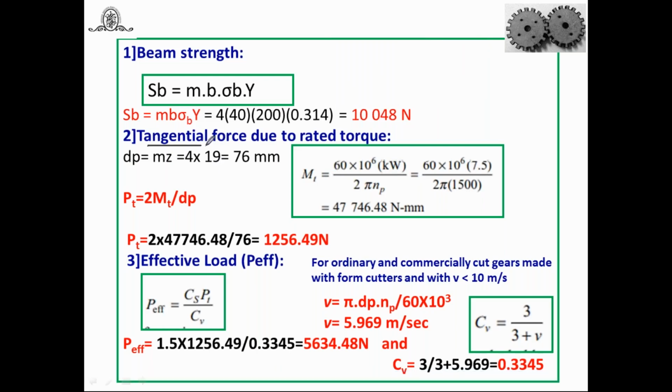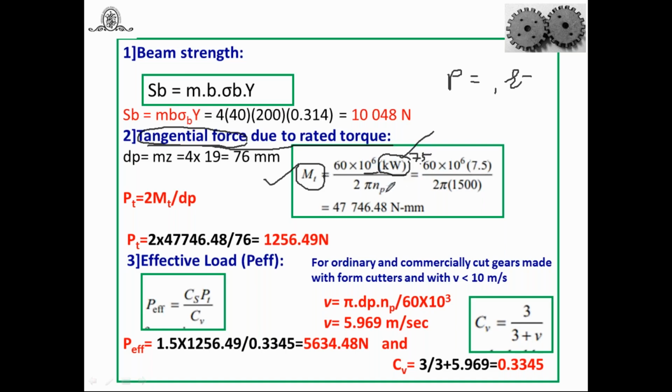For that purpose, we have to find out the P effective. First, we have to find out the tangential force PT. How to calculate it? In this problem, power is given, then RPM is given. From power and RPM, find out the torque transmitted. You know very well power is equal to 2 pi N MT upon 60. But here power is given in kilowatt, so you can multiply it by 10 raised to 6. You can substitute all the values and find out the torque transmitted. MT is equal to 60 into 10 raised to 6 into the power, that is 7.5 kilowatt, which is given here,